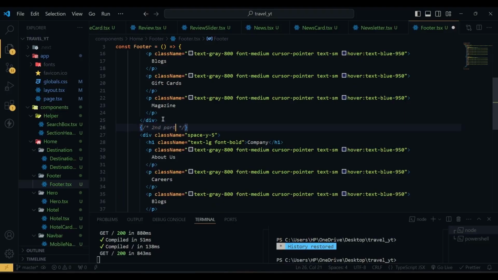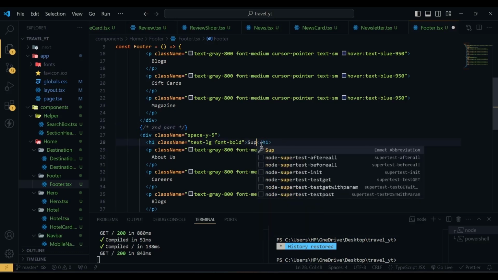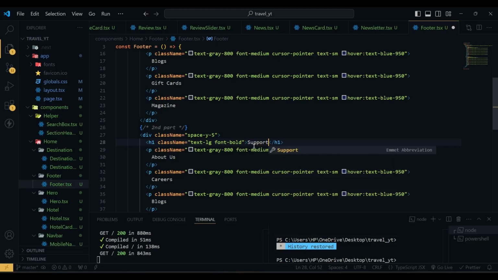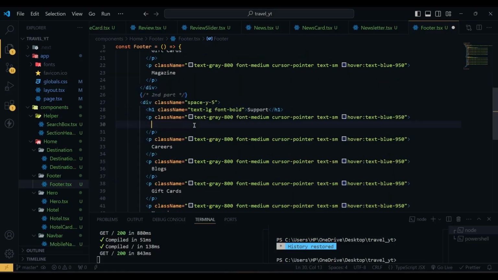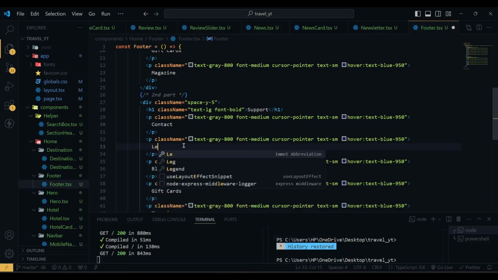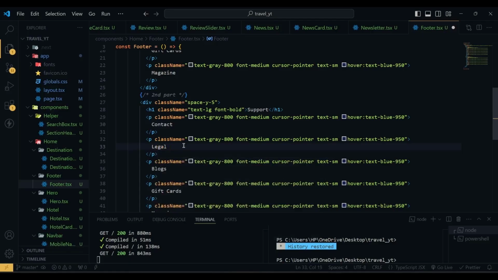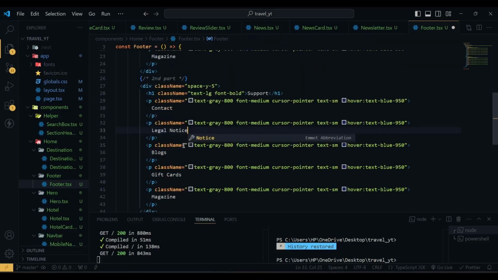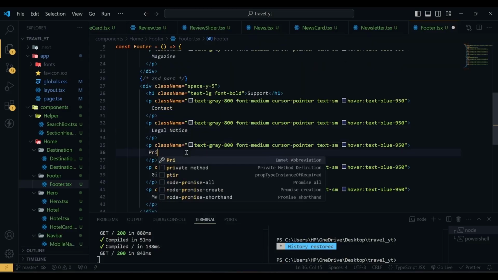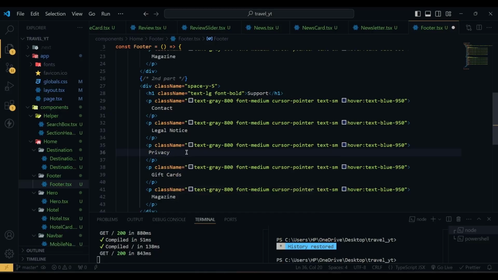And in the second part here will be support, and then here we have contact, then we have legal notice, then we have privacy policy,